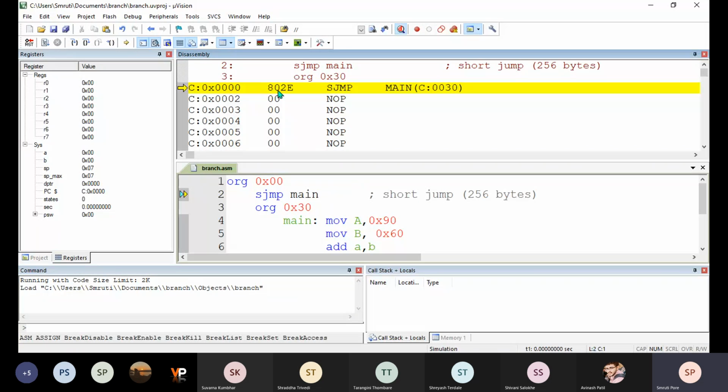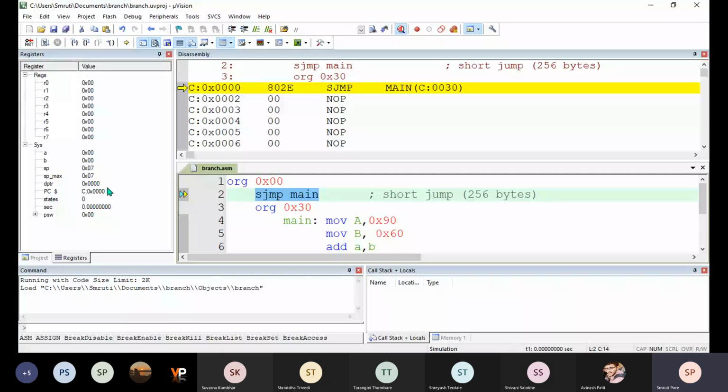So this instruction will transfer the contents to the program counter. Okay, so again for this, I will show you PC is currently 00. Program counter is currently 00. And now it will execute the first instruction sjump to main. So I'm executing this instruction.